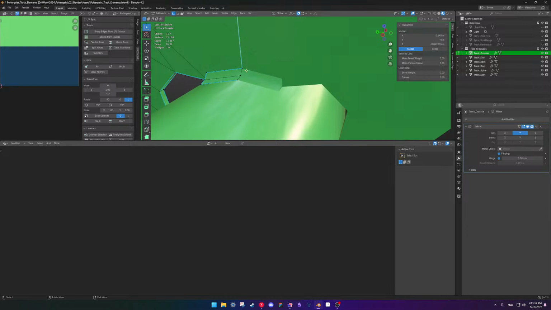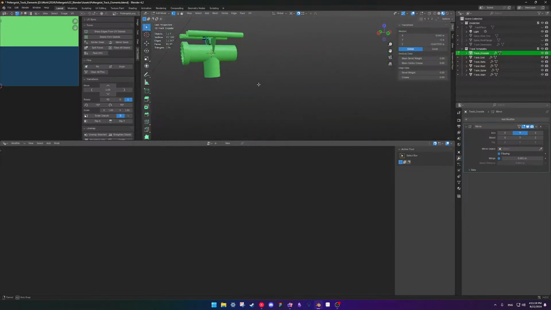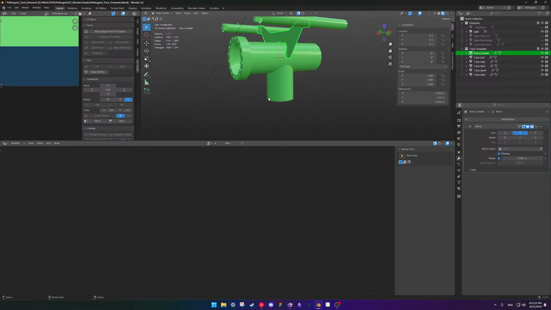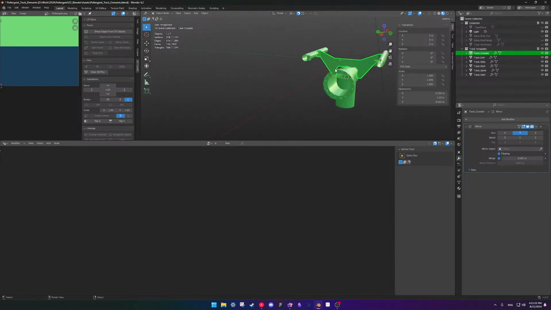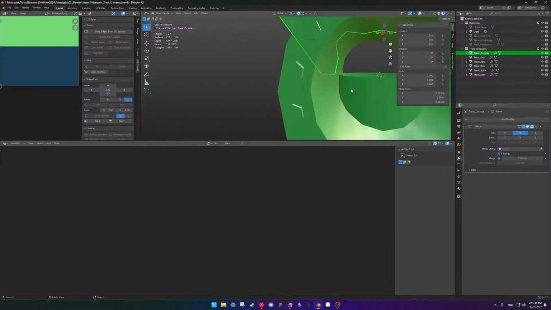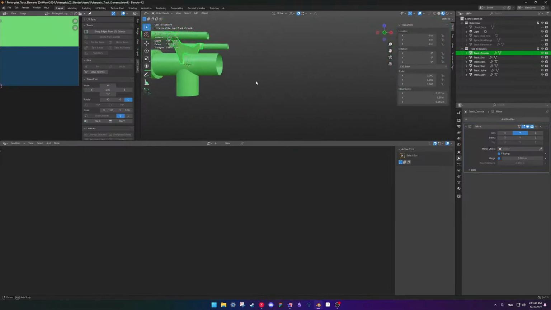So what I could do is have a point here, and then create another point here, and then subdivide it.